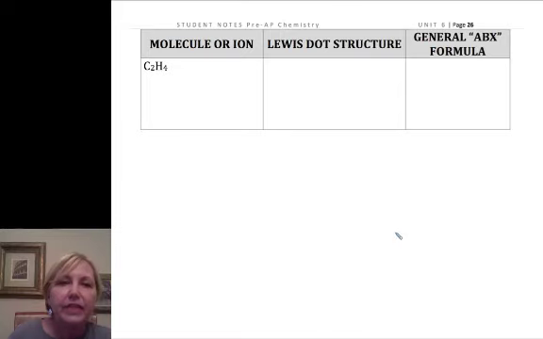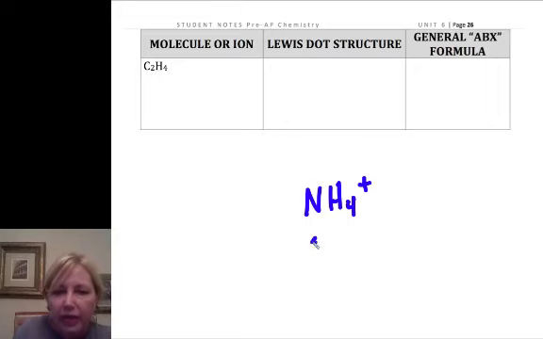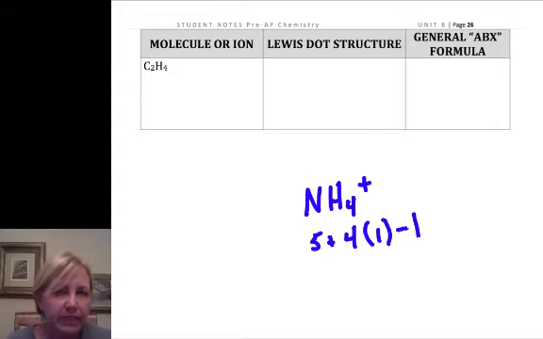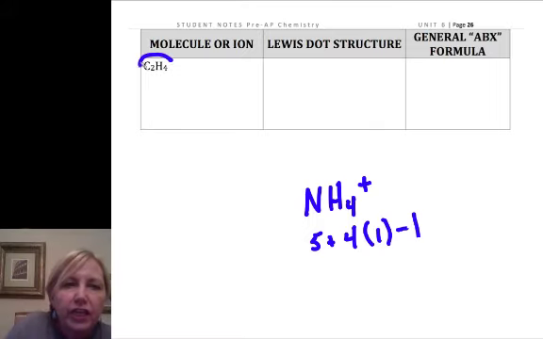Okay, now, had it been deficient, if it had been like NH4 plus, had it been a positive ion, we would have had 5 for the nitrogen, 4 hydrogens, they each have 1, and because it has a +1 charge, we'd lose an electron. That's kind of like somebody snuck in early and grabbed a plate of cookies and took it out. Okay. Now, the only thing I want to show you here is how we set up these carbons